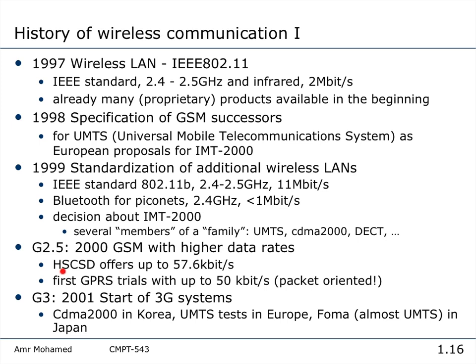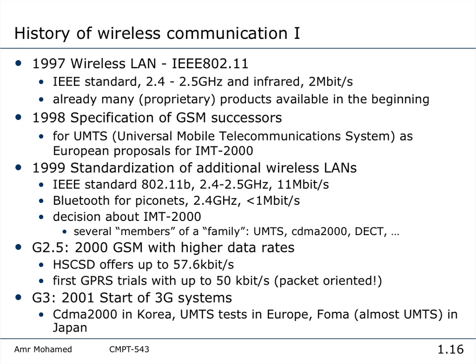So this HSCSD, or high-speed circuit switched data, was just a software upgrade on the servers. That was it. If you update the core network servers with some software patches, you can provide this data service, and that provides 57.6 kilobits per second per user, which was quite an upgrade, of course. When we talk about 9.6 to 57, this was quite an upgrade, right?